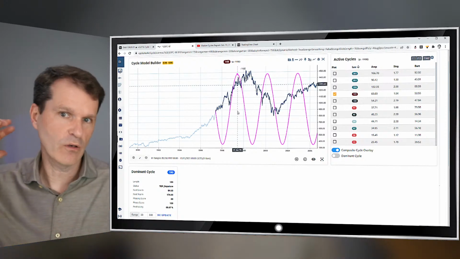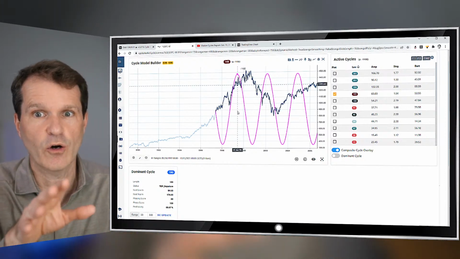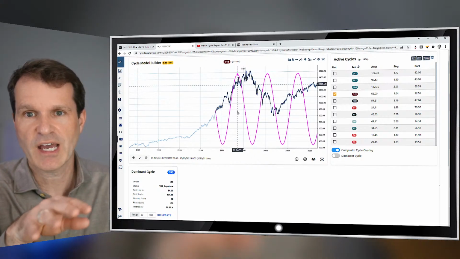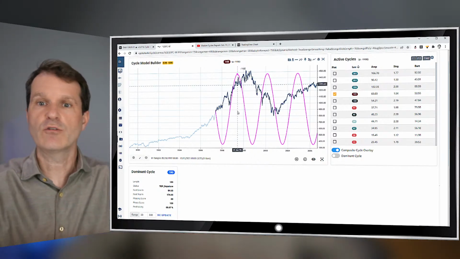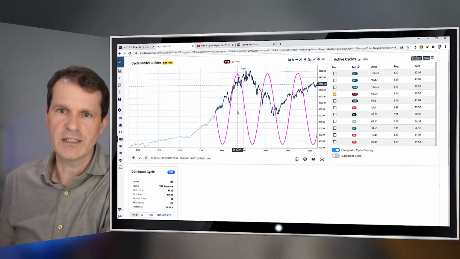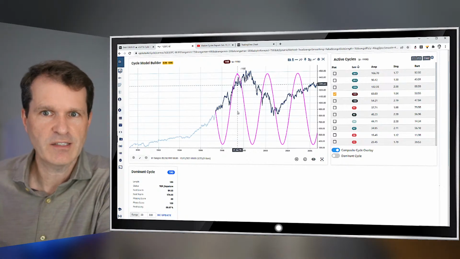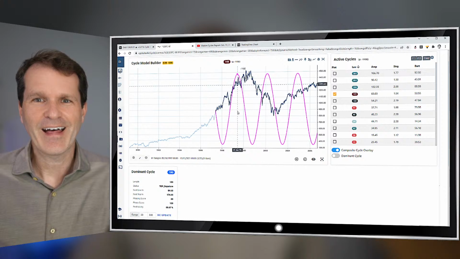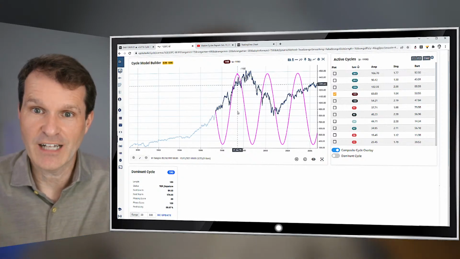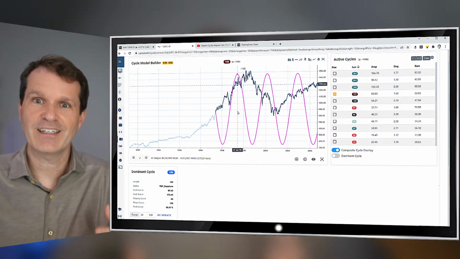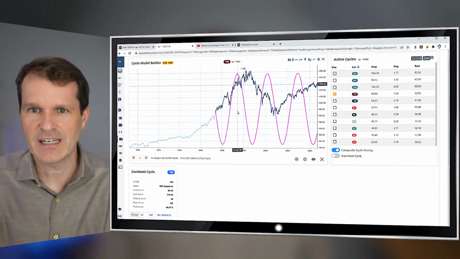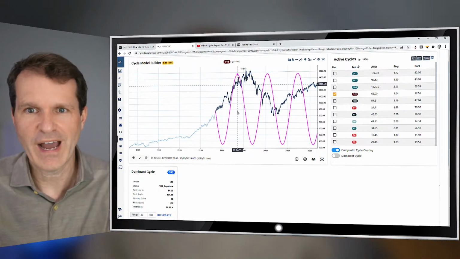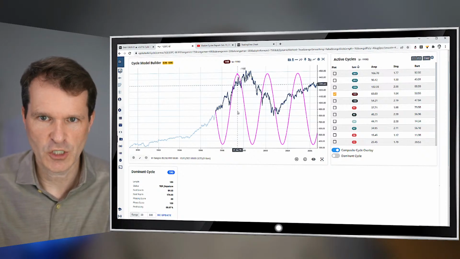You could throw in all the history you want to have, and that's also a fault most cycle analysis makes. They think, I need 200 years of historical data. This will reveal the best cycle model for me. That's wrong in regards to the projection area. That's right in just the historical analysis, but you won't find the ideal cycle for your projection,